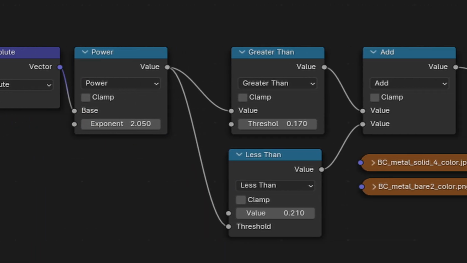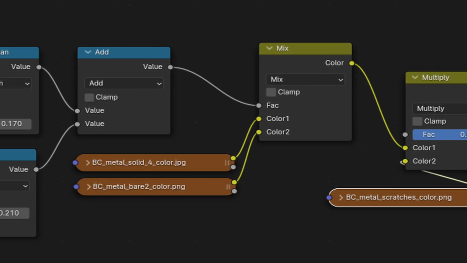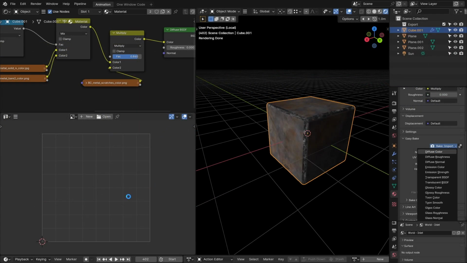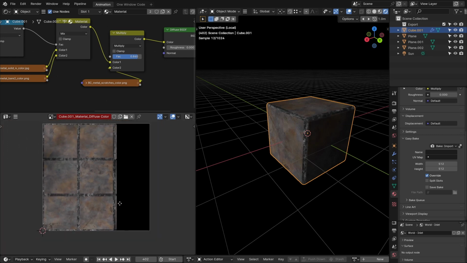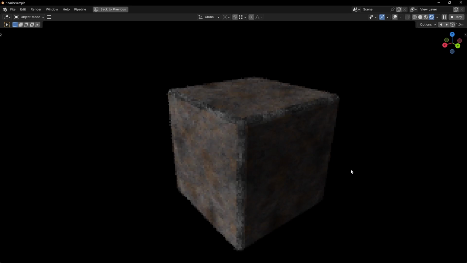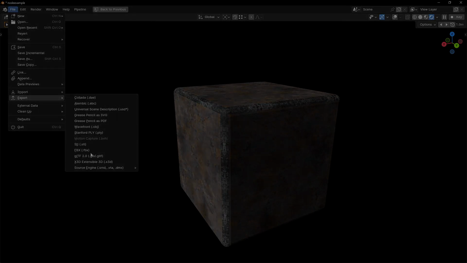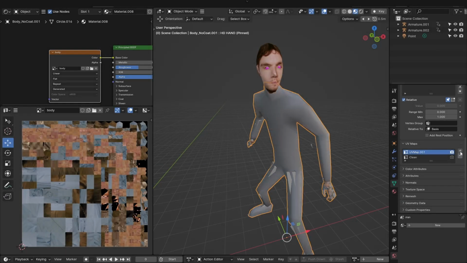Baking textures is most commonly used to help send textured models from one platform to another. For example, a procedural made material in Blender can't just be exported to Unreal. But baking the procedural material to an image lets you simply import that image and just get the same results. But this doesn't mean EasyBake is useless when working only in Blender.